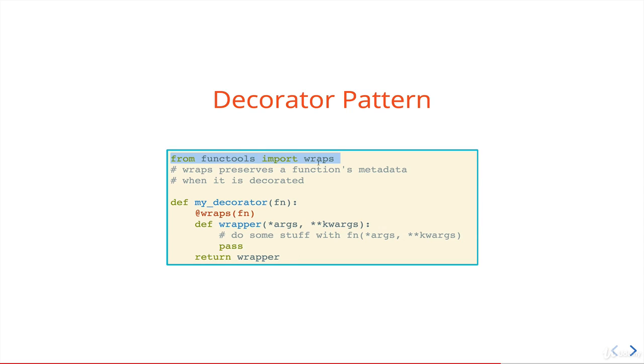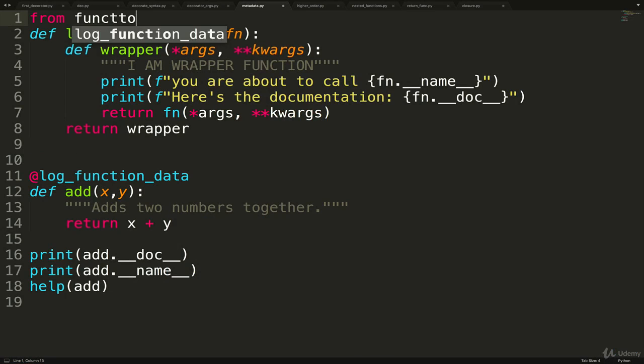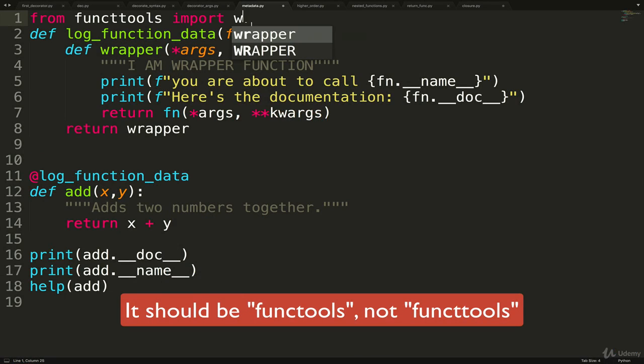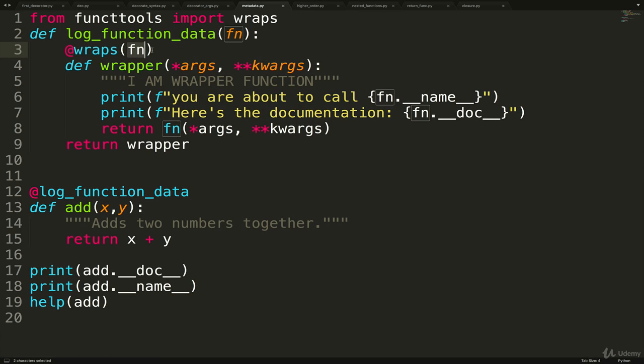So by importing wraps from functools and then calling it right here, so we're decorating the wrapper, it ensures that the function that's being passed in, the function that's being decorated, in our case add, its metadata won't be lost. So up here, we can just do from functools import wraps, and then right here we add that line @wraps, and then it needs to match whatever we're calling the function that's being passed in. But this is a very standard thing to do. It's just friendly, good developer behavior to do this if you are releasing code to the public, especially.